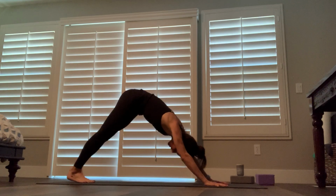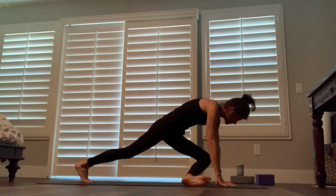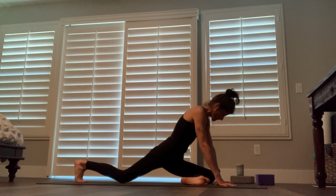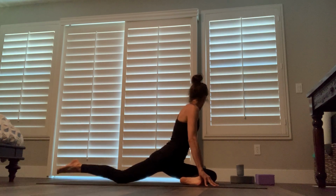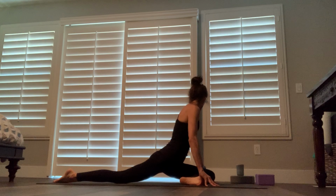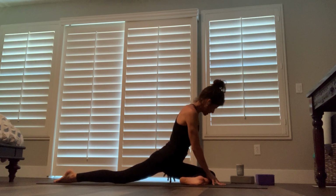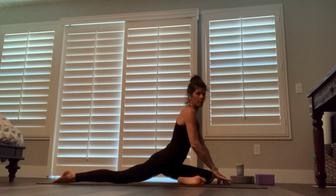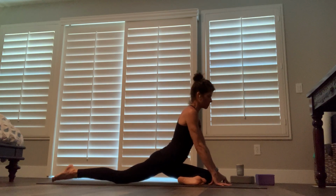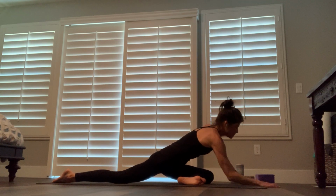Inhale, left leg lifts. Exhale, half pigeon on the left. Take a peek back over your left shoulder, bump your left hip back, right hip forward, and then make sure that you have a space between your left hip and the mat, and there's a space in front of your right hip and the mat. So I don't want to come down onto my outer left hip. I want to keep that space between the hip and the mat,